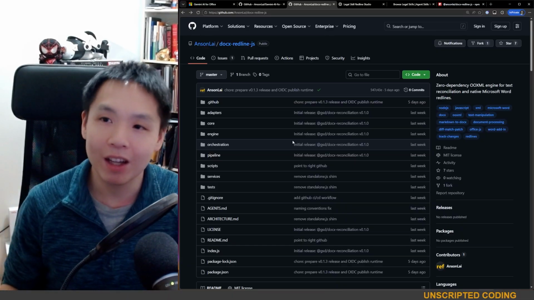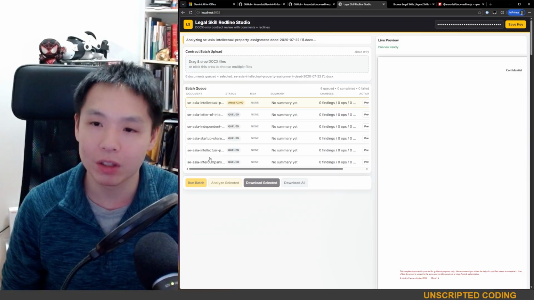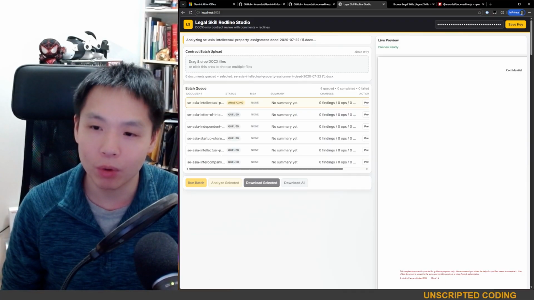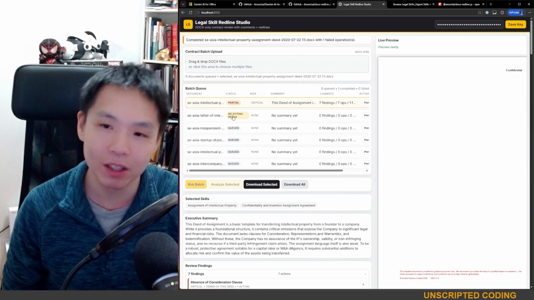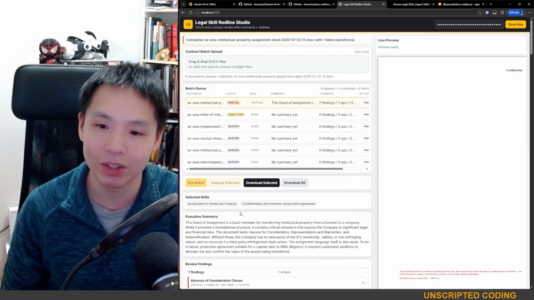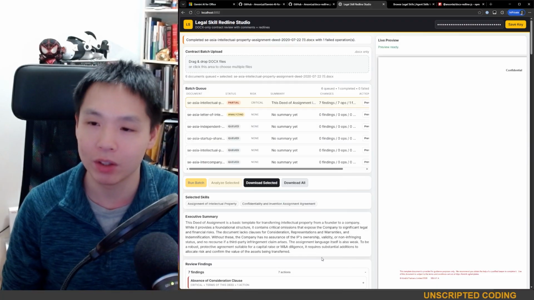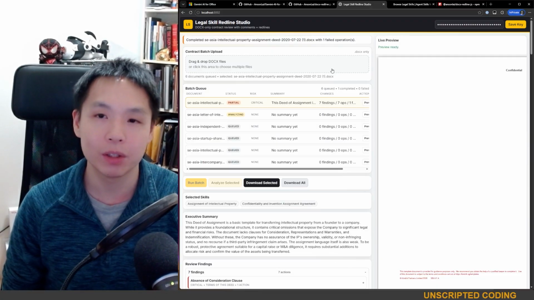Now, the other thing that I'm really proud about of this particular software is that you saw before that it accessed a couple of skills. And so I skipped it, unfortunately, but the status you can see now is saying selecting skills. So here, assignment of intellectual property, confidentiality, and invention assignment agreements. I think this is the coolest thing right now